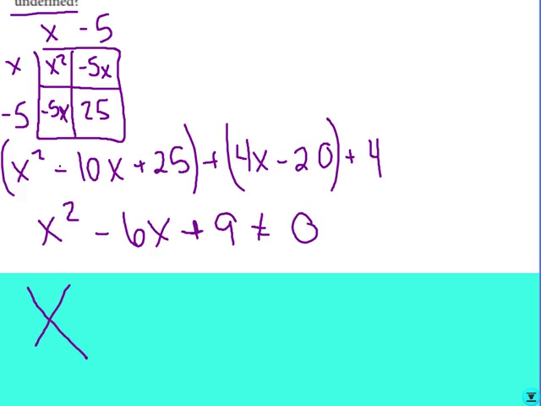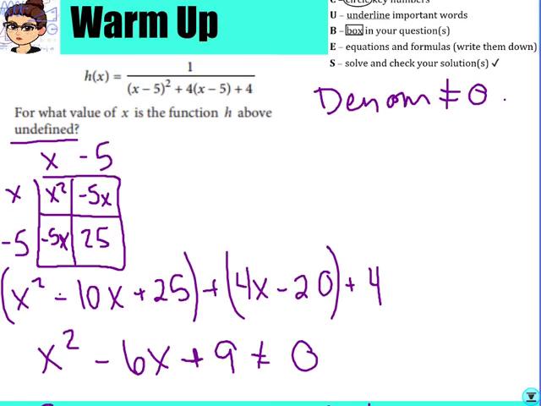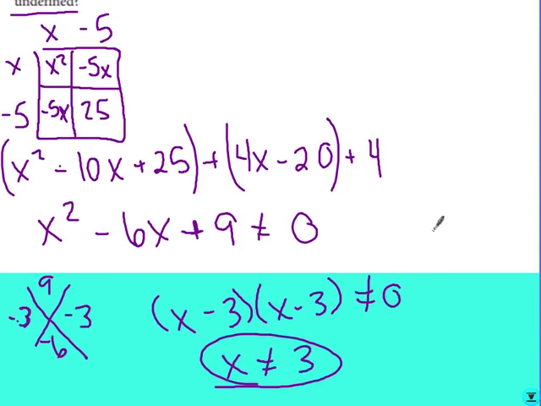You can use your x method, positive 9, negative 6. Our numbers are going to be negative 3 and negative 3, x minus 3, x minus 3, and that cannot equal 0. So x cannot be positive 3 is our final answer. Make sure we are answering the question for what value of x. X cannot equal 3. So this one, it was just heavier on factoring, but make sure you've got the idea